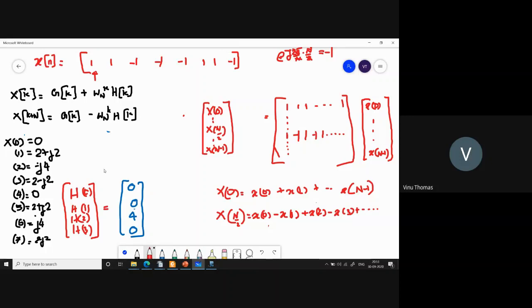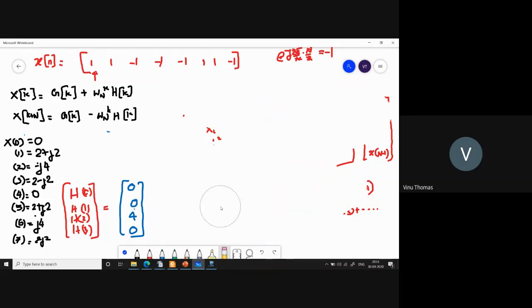So I'll give you an easy way to write down the DFT expressions if your input sequence is real. Again, that is only when the input sequence is real. If the input sequence is real, only then you can use this. So again, I am emphasizing this. This is due to a certain symmetry property of X of n, which we will discuss in the next class. So we'll not discuss that now.